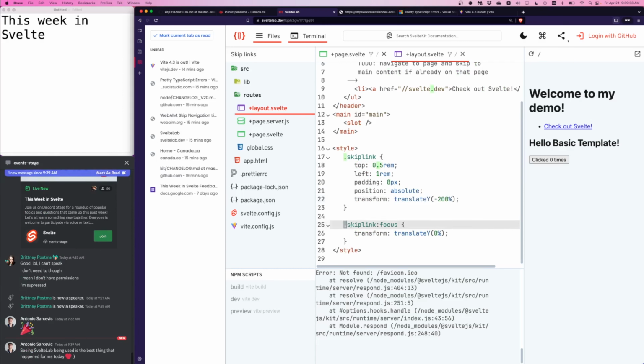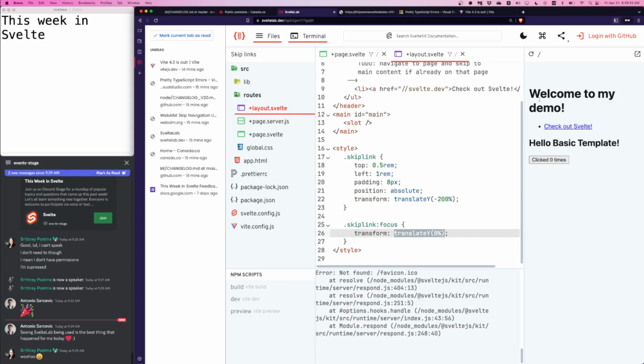And then the skip link focus CSS sets the translateY to 0%. That is why pressing tab makes it visible, because when it gets focused, even though it's way off screen, it appears on screen. So people with screen magnifiers or sighted users can see the skip link the moment it's visible, and that's very good. So that's skip